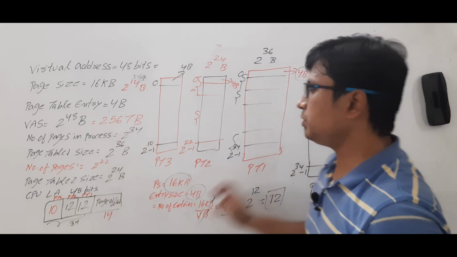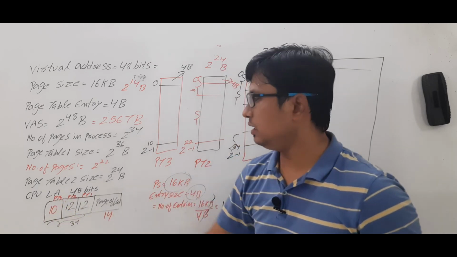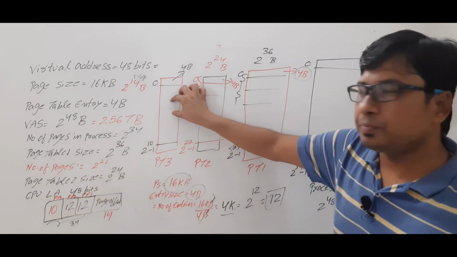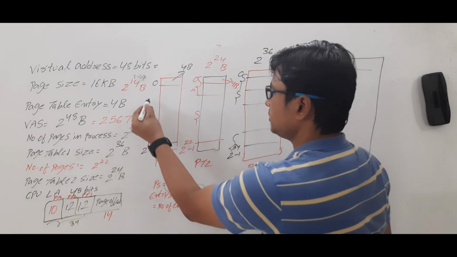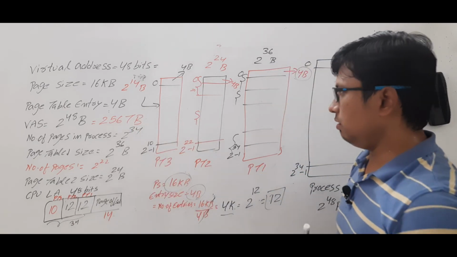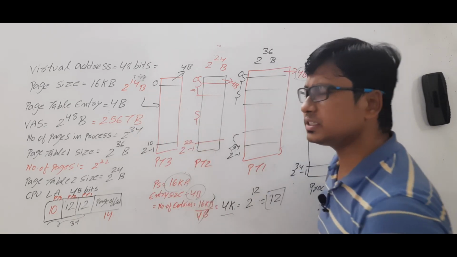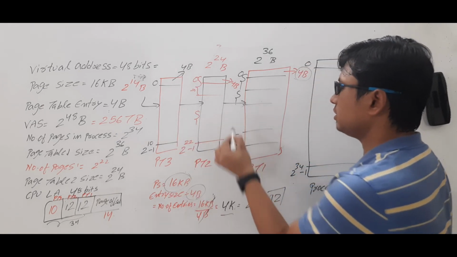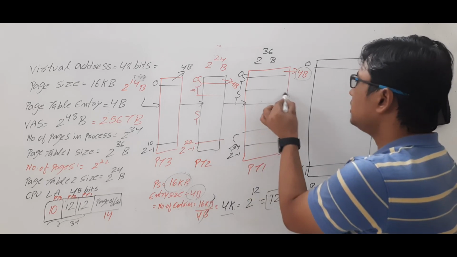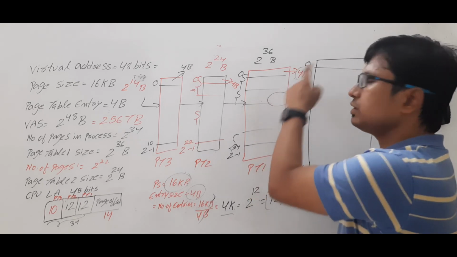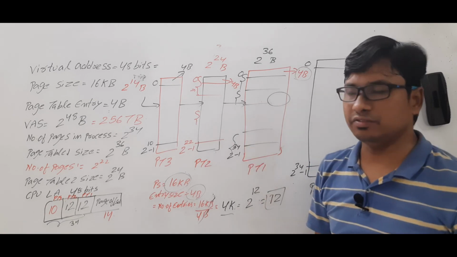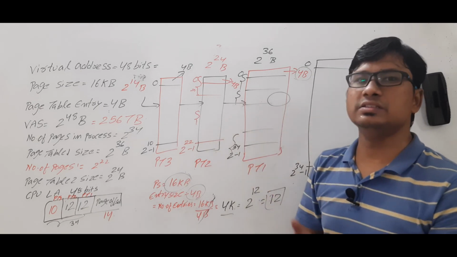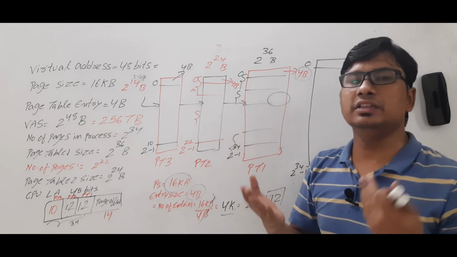First the CPU will go to page table 3. Using the 10 bits, it will go to one of the pages in page table 3. Whatever information is available there, it will then go to page table 2, then to page table 1, where the frame number will be, and it will go to the main memory and fetch the information. So this is the way multi-level paging works. I hope with this example you have understood 3-level paging.